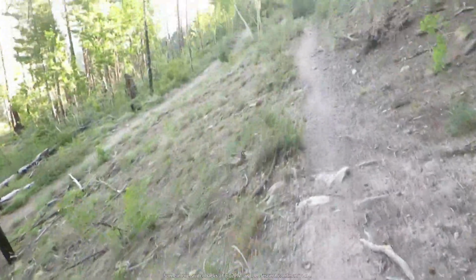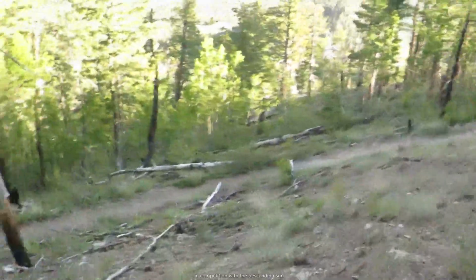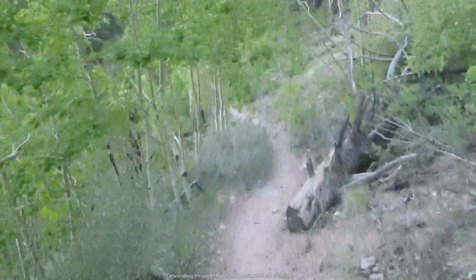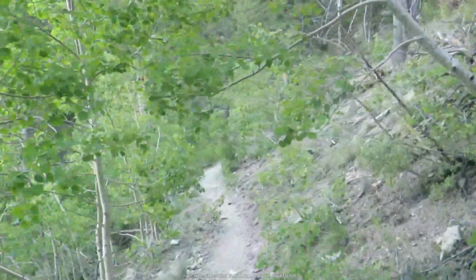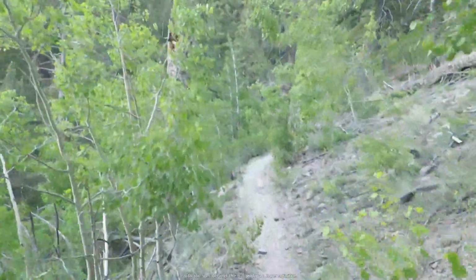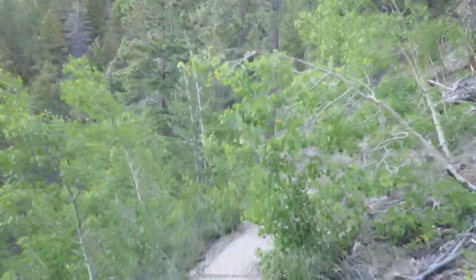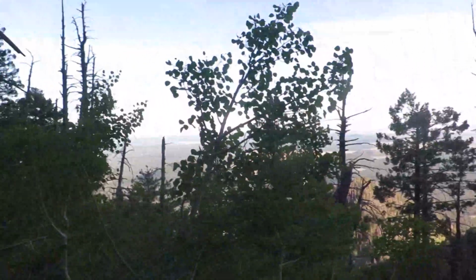Some more switchbacks that we need to go down the same way we came up. So the trail zigzags and goes on and on and on. Okay, back to the vegetated portion of the trail. And the air is distinctly warmer right now. I can feel beads of sweat on my forehead. But the good news is the sun's right up there, even though it's behind the mountain. And we're taking it step by step and still savoring what little remains of the...